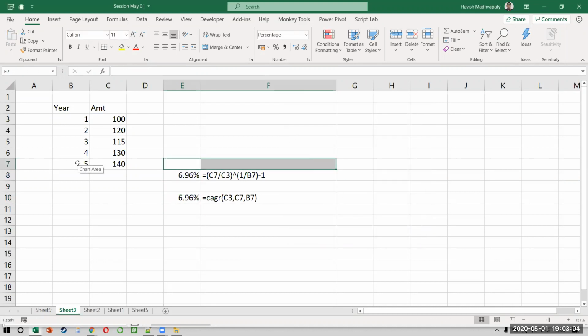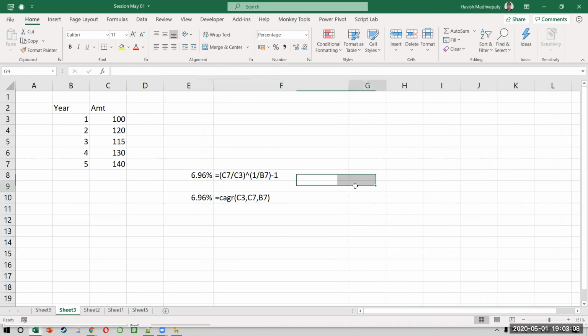Abhikili, ISCO you forget because RRI is not supposed to be something you guys should be using. Look at the difference now. Earlier, the user had to remember this formula every time they have to use CAGR. Now I've created my own function and they can just use it as this function.